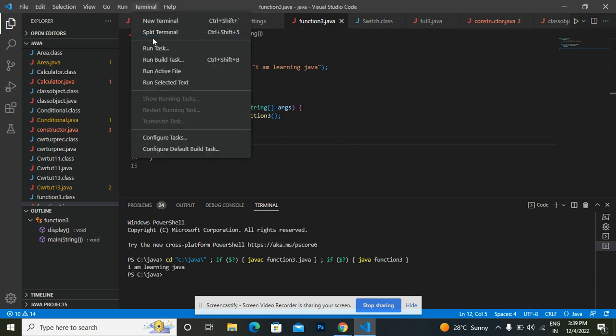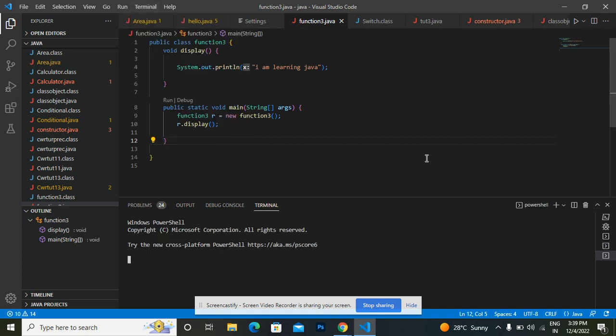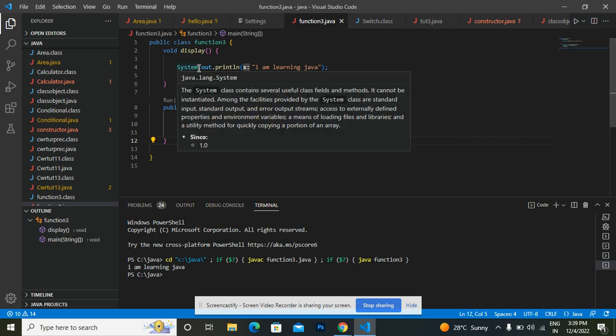So I'm going to new terminal. Let's click that and see our result. I'm going to click run button. Let's see. I am learning Java. Here you can see that in this we have made a method, first of all void